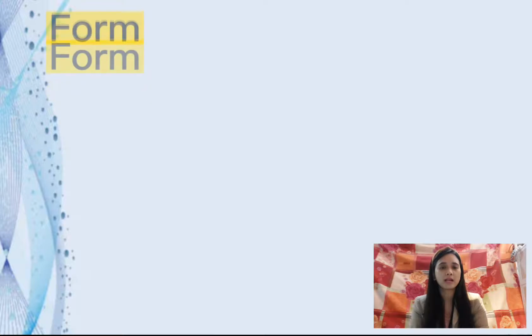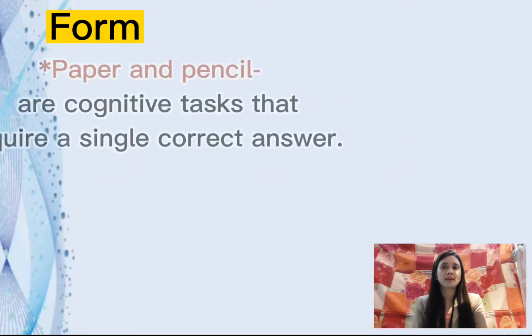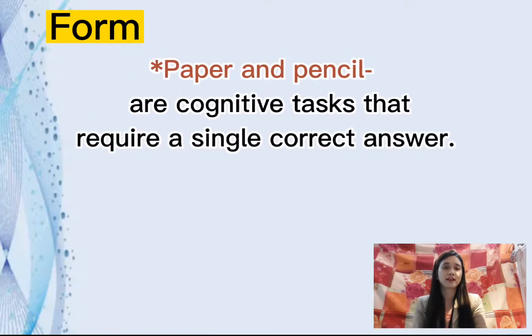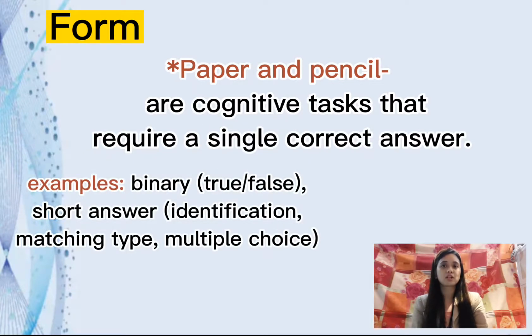So, now guys, we will proceed to the second classification of assessment, which is the form. Under the form, we have the two types, the paper and pencil and the performance based. When we say paper and pencil, assessments are cognitive tasks that require a single correct answer. For example, the binary true or false, short answer, identification, matching type,